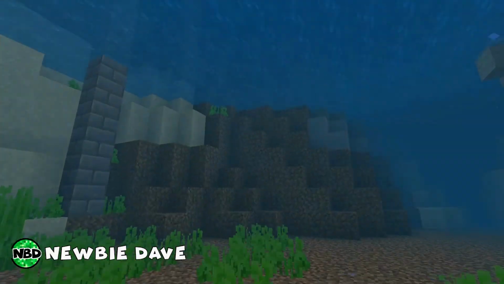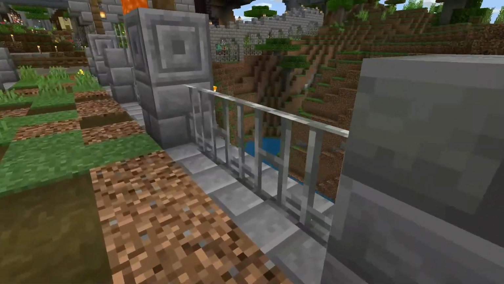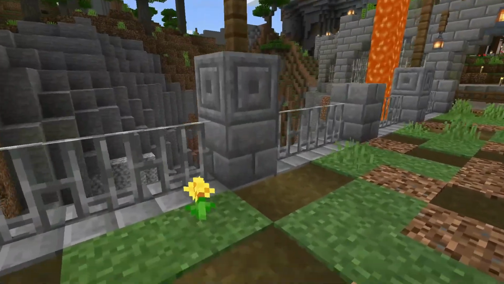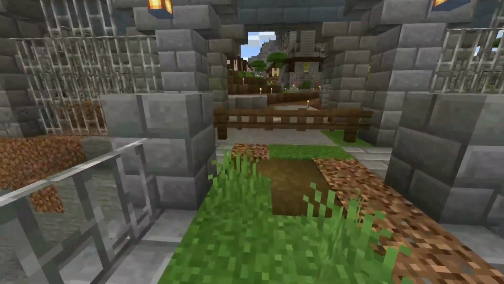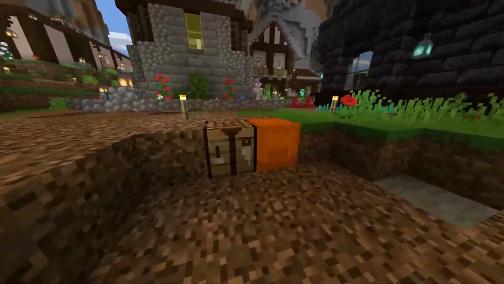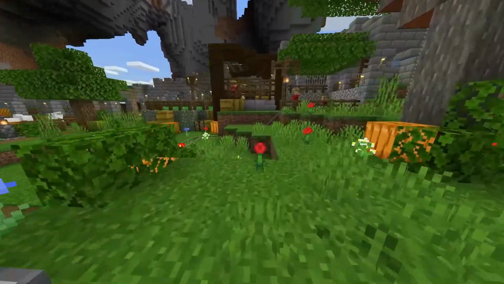Oh, okay. Newbie Dave. What I meant to say was there's no risk of accidentally running off this thing. Apparently iron bars aren't as tall as walls or fences, and you can jump over them. So good to know. Another little update is between episodes I came back and noticed that my farmer villagers